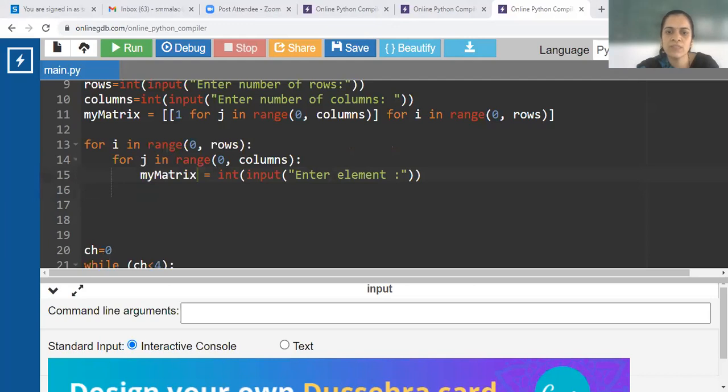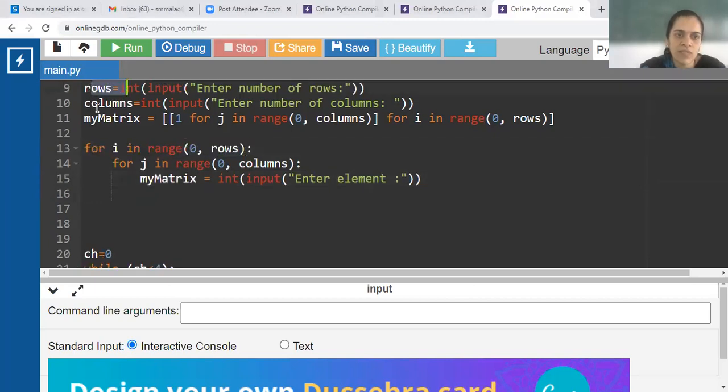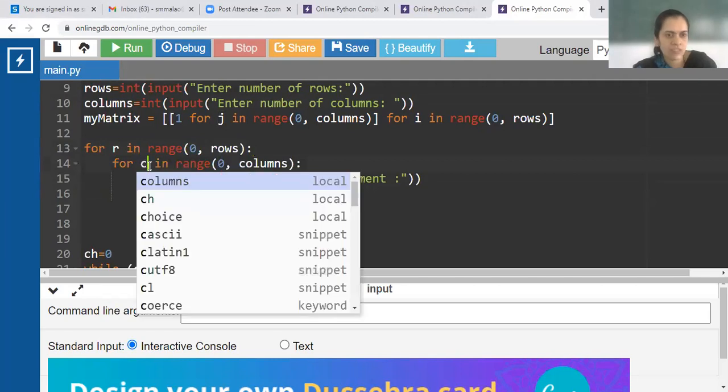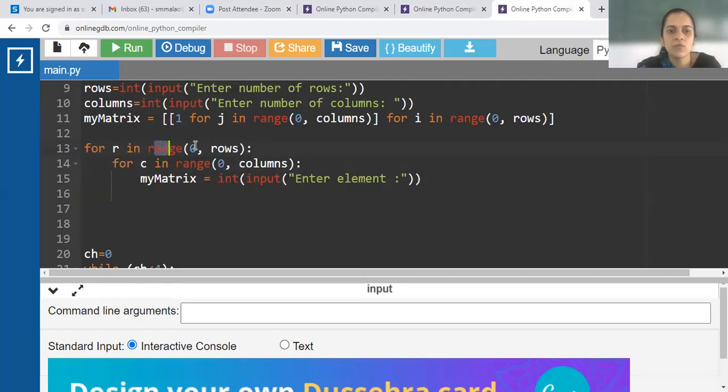So you can use insert instead of append, or you can use a for loop like this. Now as we know number of rows and columns in the list, you can use a for loop for R varying in range 0 to rows, means 0 to rows minus 1, for C varying in range 0 to columns minus 1, and you accept an element from user.